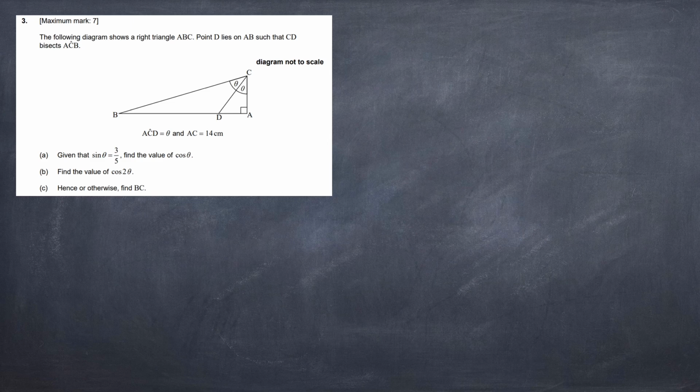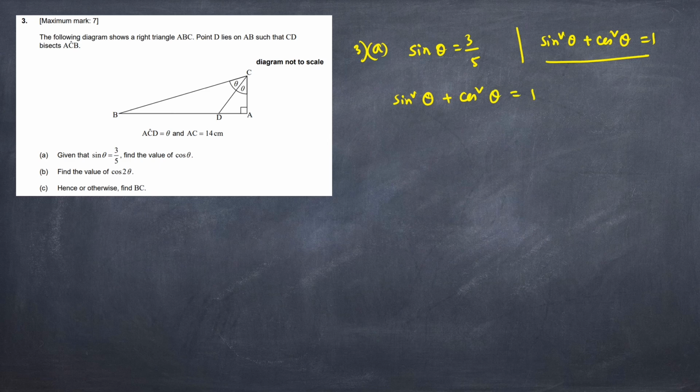So you can see for the first problem we don't need the particular value from the triangle to do this math. The first thing is, it is written as sine theta is equals to 3 by 5. From the formula we know that sine square theta plus cos square theta is equals to 1. We need to use this formula here. So from here we can write 3 by 5 whole square plus cos square theta is equals to 1.